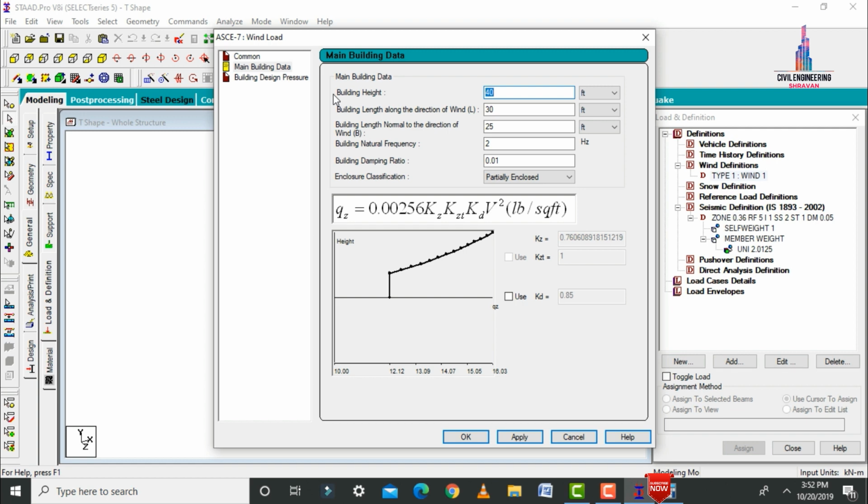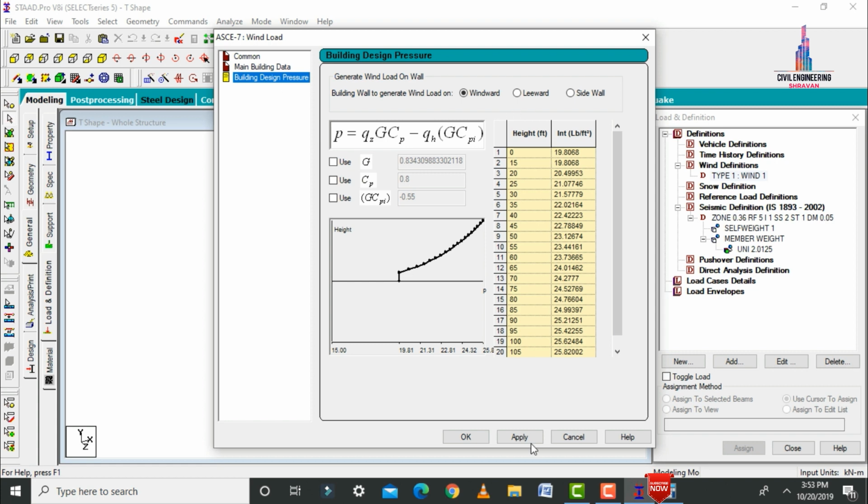So here we have to assume the building height of 33 meter. Why? Because 11 stories are added along with the basement level also. So here I am selecting the meter units. Again we have to enter the length of the building, which is 30.0456, as per the definition. Again the width of the building has the intensity of 31.655. Click on add option. So after that we have to click on apply.